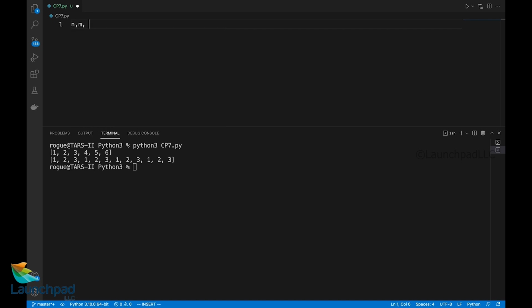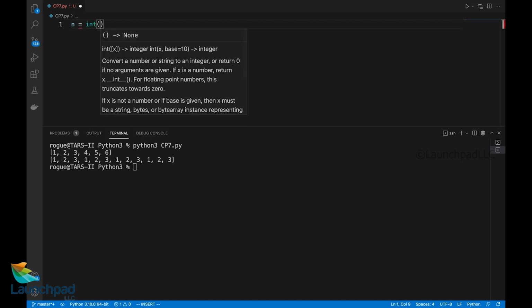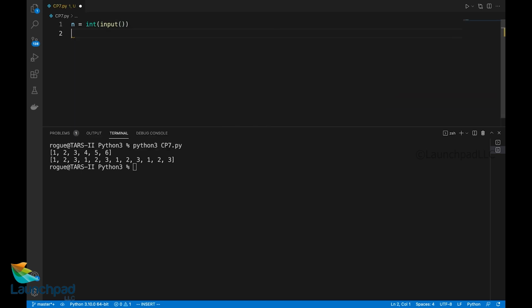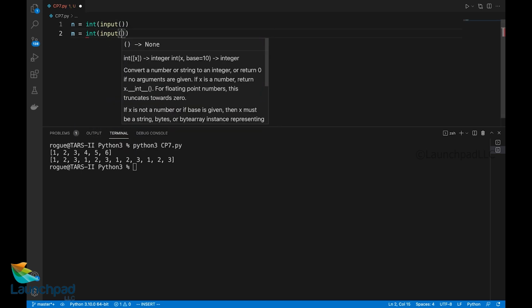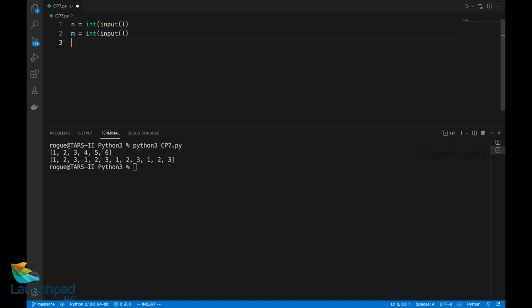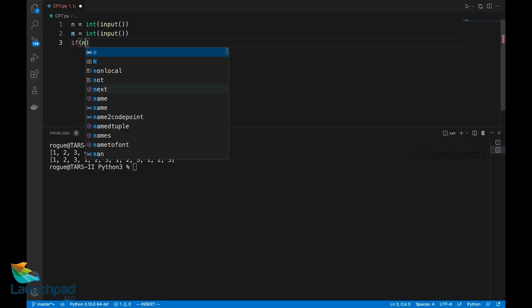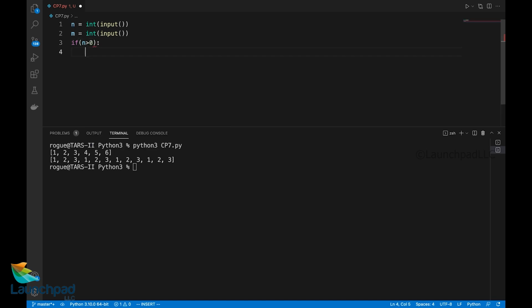For instance, let me create values called n and m, for which I will read the value from the user. Now I have to check whether both the values are positive or not. I want n to be positive and m also to be positive. If I want to write this with a single if statement, if n is greater than 0, if m is greater than 0,